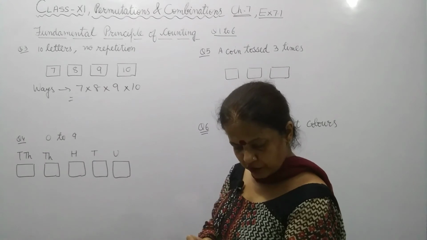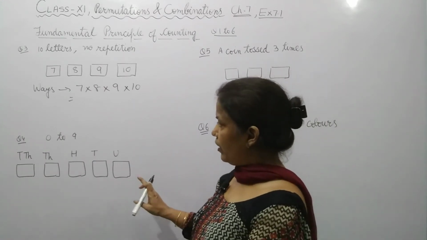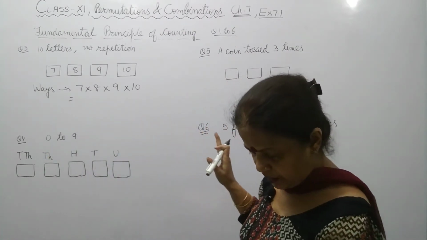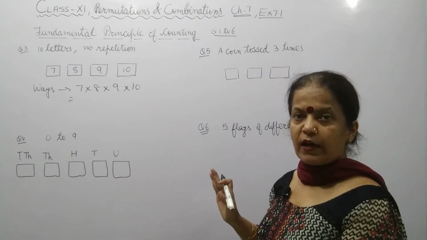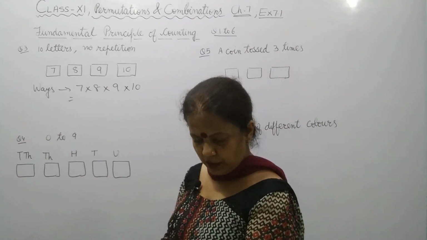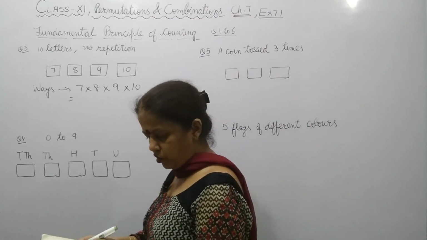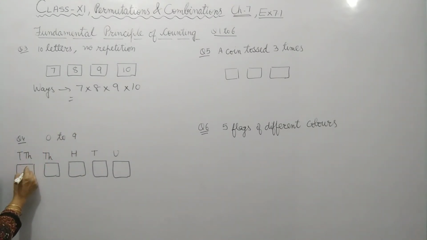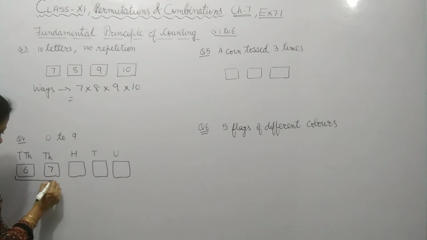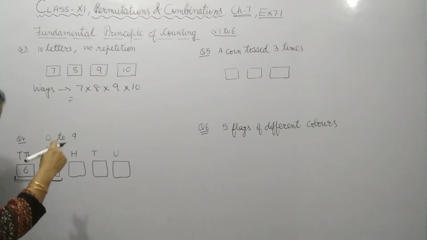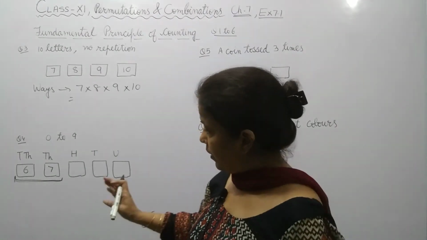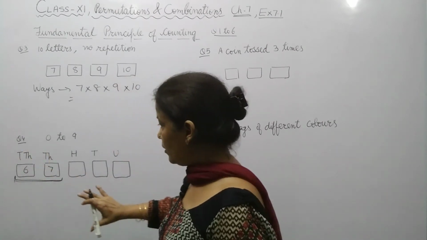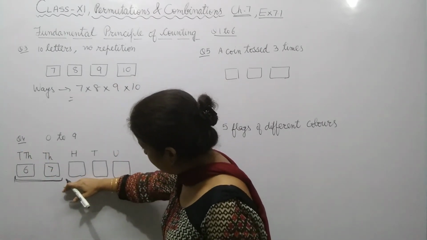Question 4th. How many 5-digit telephone numbers will be formed by using the digits 0 to 9, if each number starts with 67 and no digit appears more than once? Each number starts with 67. तो हमने क्या किया, ये नंबर को हमने फिक्स कर दिया, बिकॉज जितने भी वेज बनेंगे उसमें सबसे पहले आपका 67 होना चाहिए. So we will keep this thing as fixed one. So it means we have to make the number of cases for this.